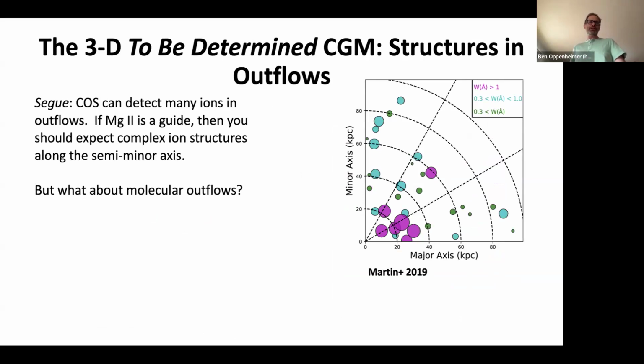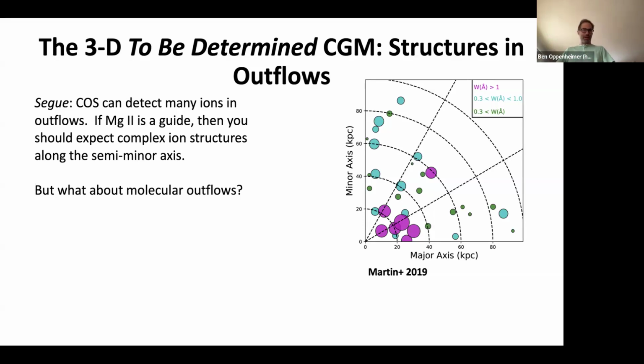And this is the 3D TBD CGM, the structure of outflows, and in a new waveband that I haven't even talked about yet, that I didn't really know much about until October last year: molecular outflows. So to ground ourselves in the UV and looking at magnesium 2, you expect an enhancement along